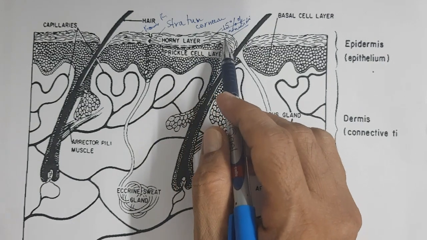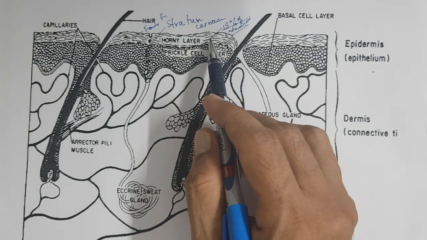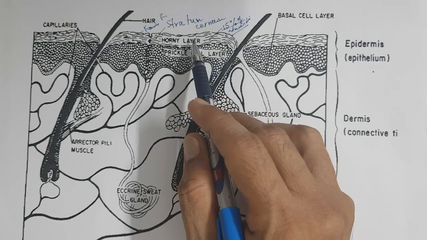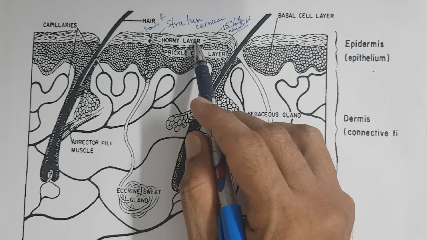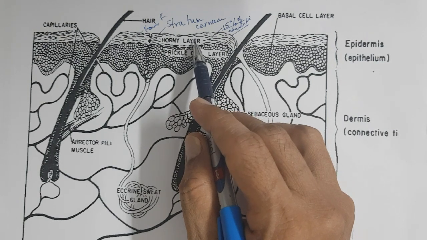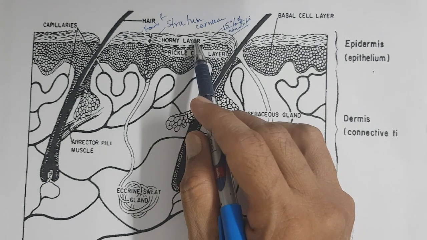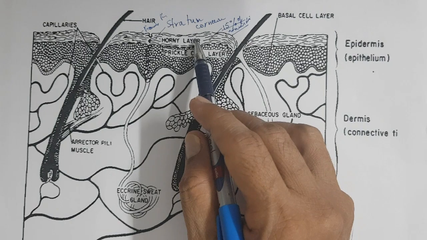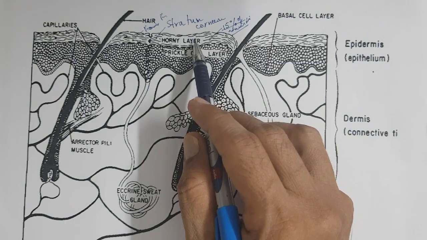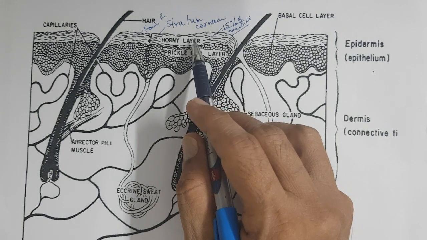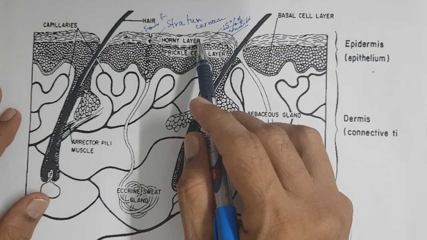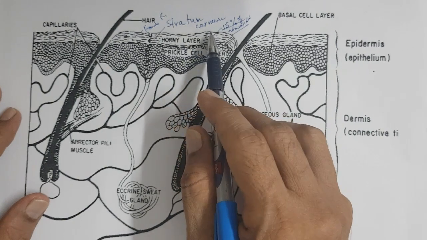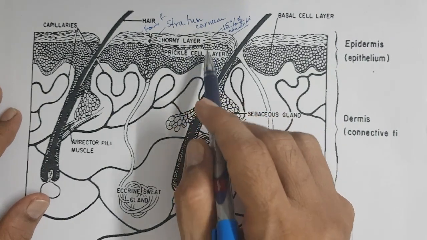Let us discuss. So 1, stratum corneum or the horny layer is the reason for dry skin problems. Once you address the moisture level in the stratum corneum, your dry skin problem is solved, right? The horny layer is the reason for dry skin if it loses the moisture level below a critical limit.